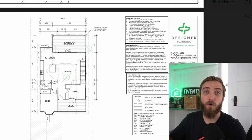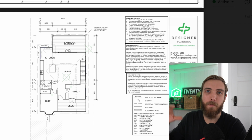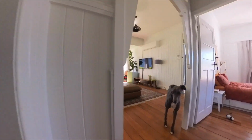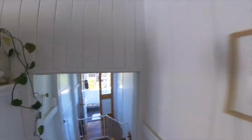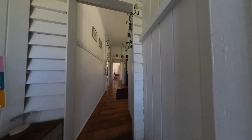We're adding a study for purpose property and for me to shoot these videos in. And we're keeping the current bedroom and bathroom up here. So our plan is to do a lot of the work upstairs first and get downstairs to lock up, then get our building approval from KP Building Approvals, so then we can do the remainder of the fit out slowly